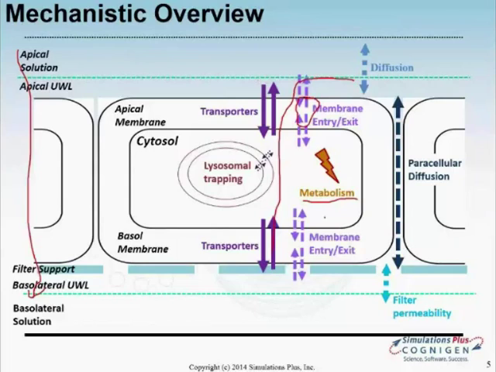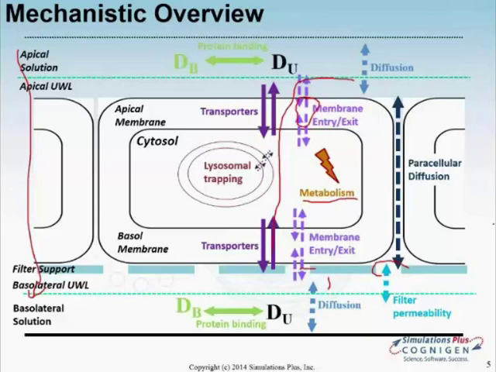Again, as the drug gets either through the cells or between the cells on the basolateral side, it faces one more possible barrier, and that is going through the filter or going through the pores of the filter. And of course, we have then diffusion through the unstirred water layer on the basolateral side and getting into the bulk solution. In addition to these basic processes, we are accounting for possible protein binding in the apical or basolateral